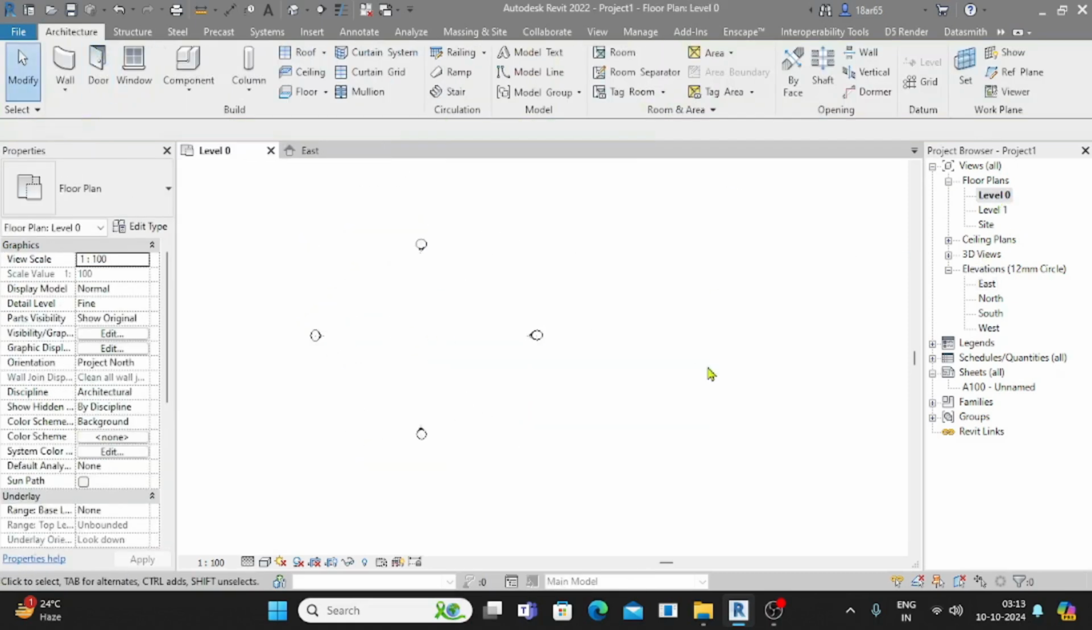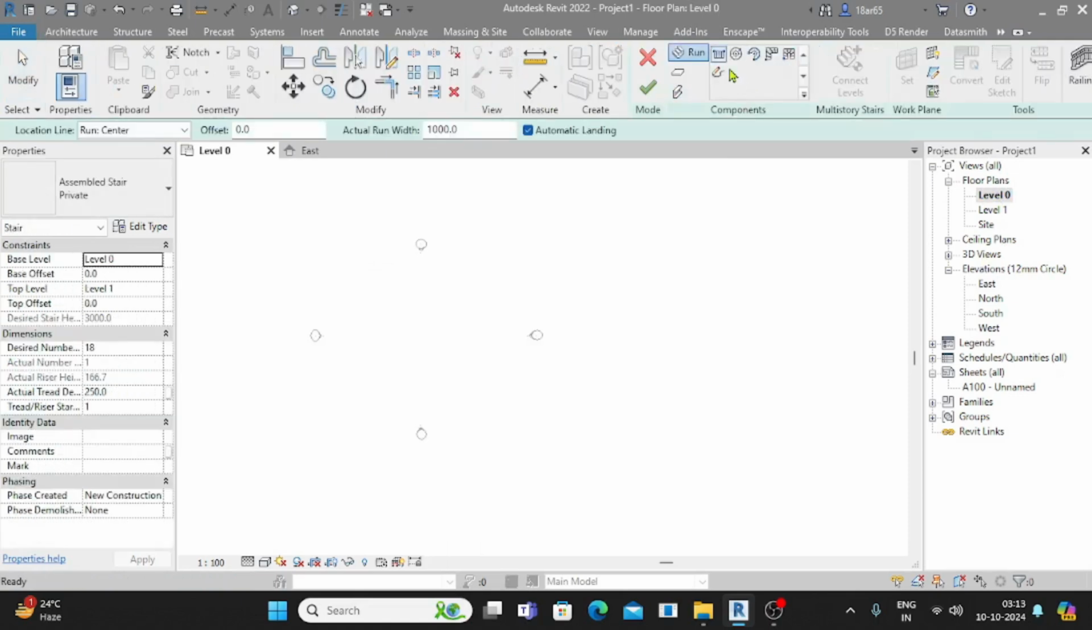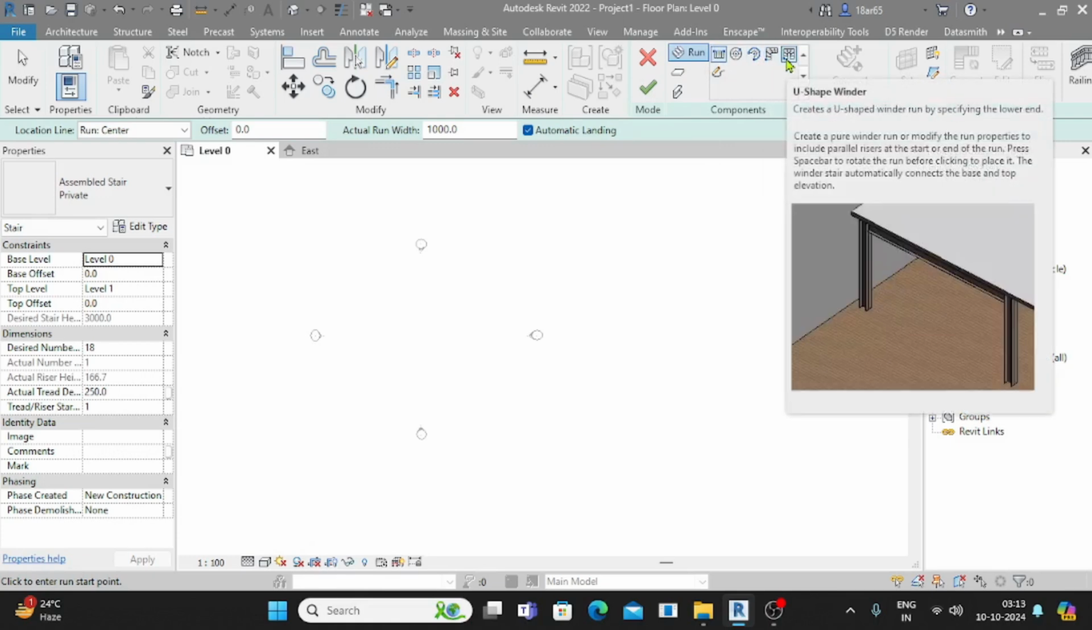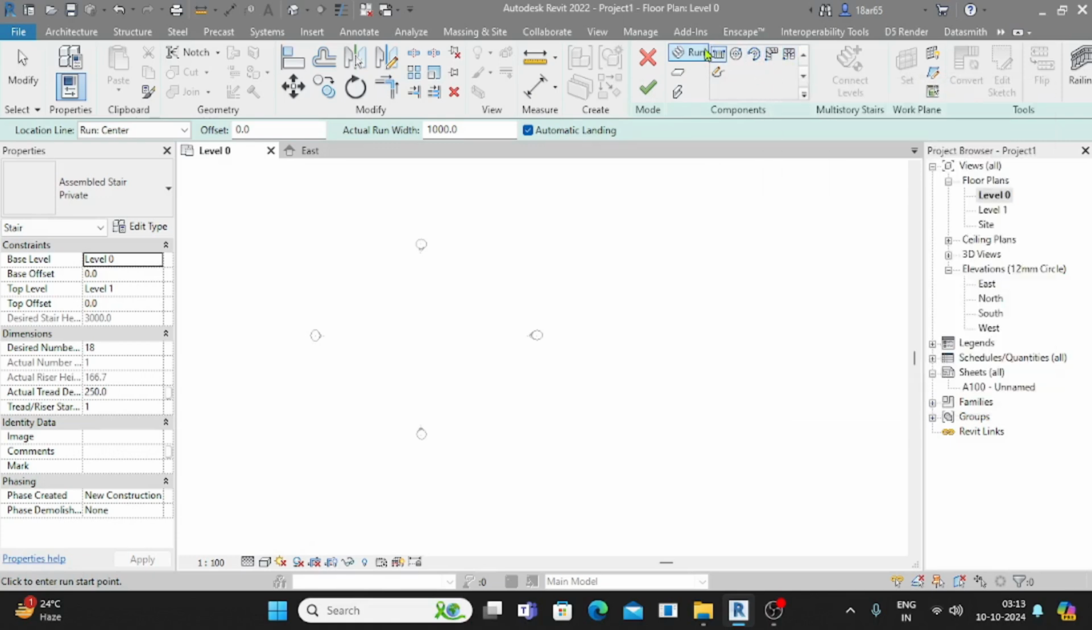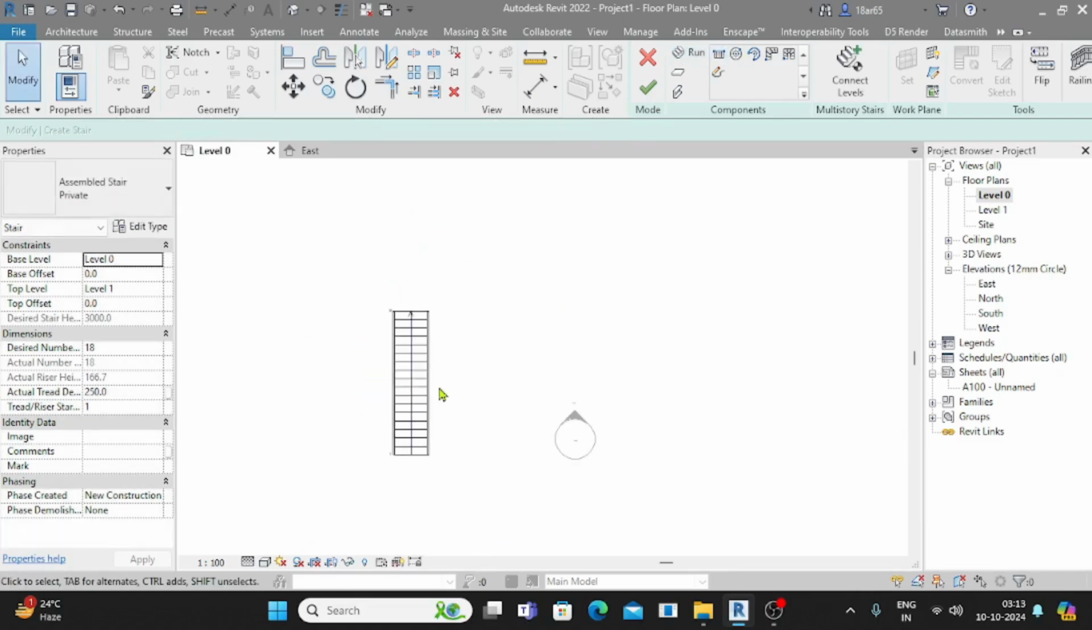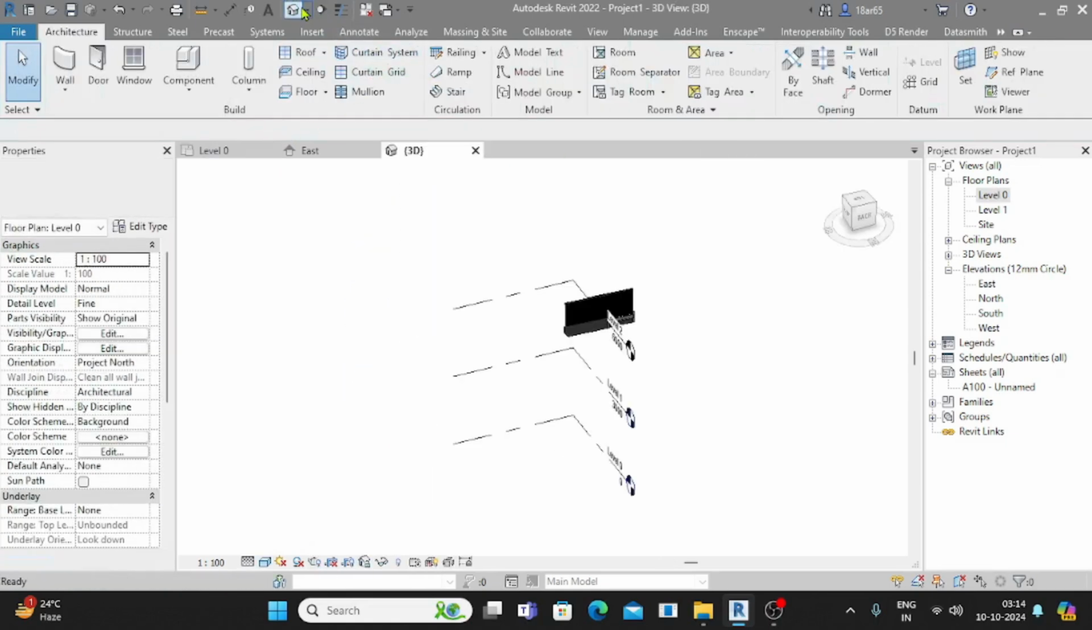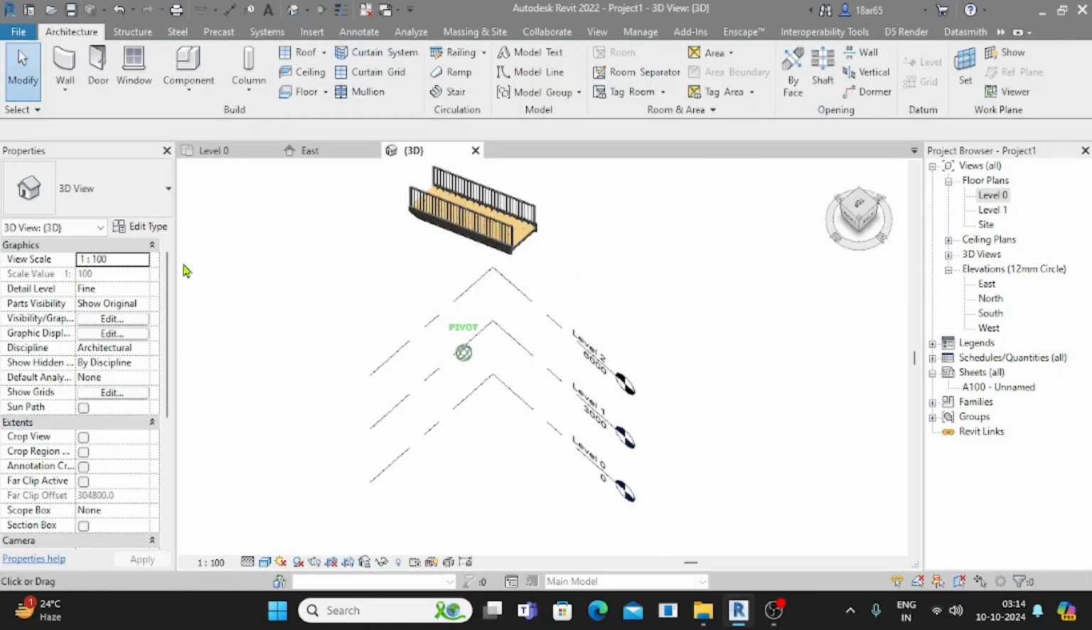Go to the level. For creating stairs, go to the stairs. There are some methods: straight, spiral staircase, L-shaped staircase, and V-shaped staircase. We can see a step by step for straight staircase. Just select and drag. Our staircase is ready. Straight. We can see the 3D